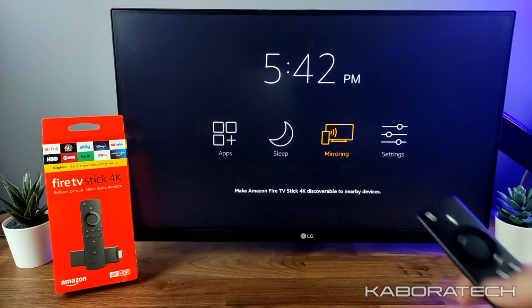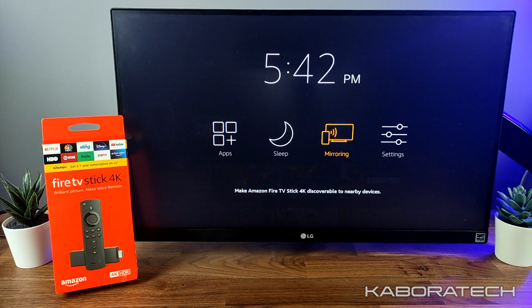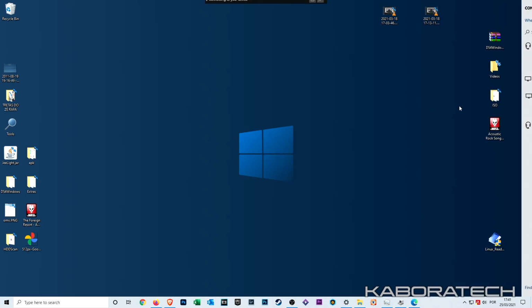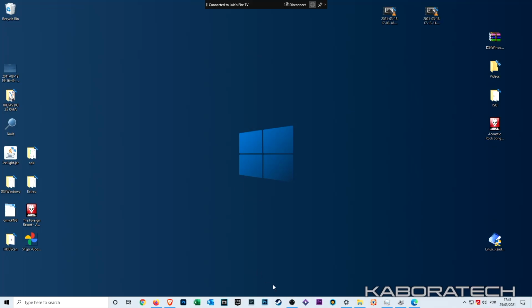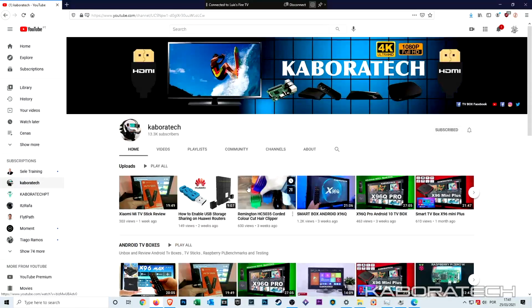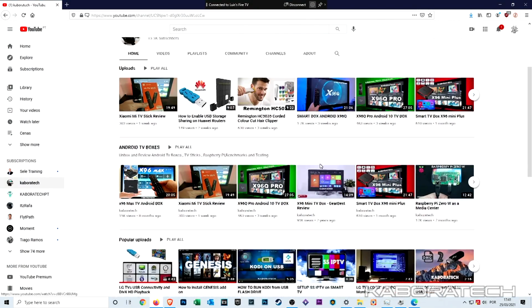And let's do some mirroring. So the device is capable of mirroring. We will start by mirroring the Windows 10. So if you have a computer and you want to mirror your screen in your TV, just go to Connect, search for your Fire TV, and then the screen will show on your Fire TV. Okay, you need to be on the same Wi-Fi connection,